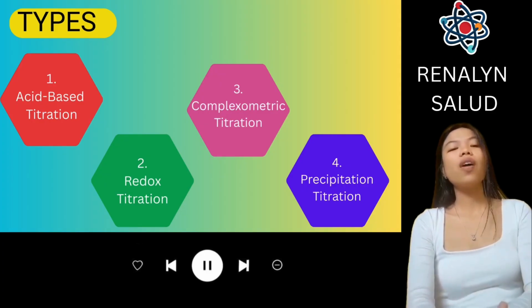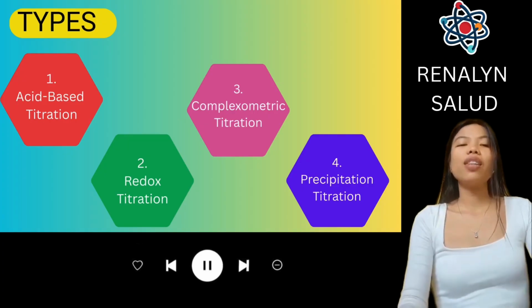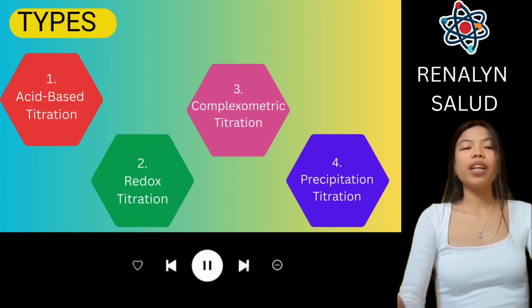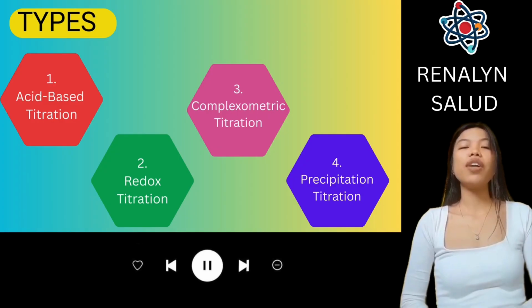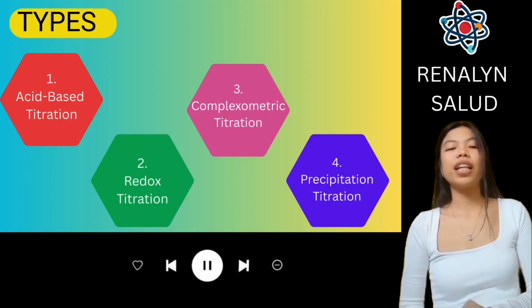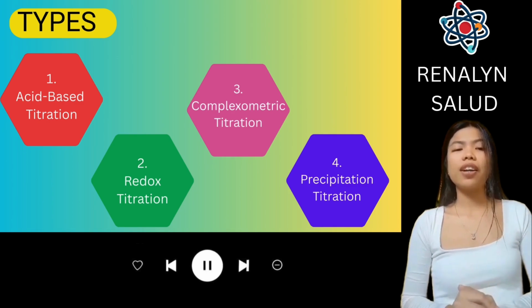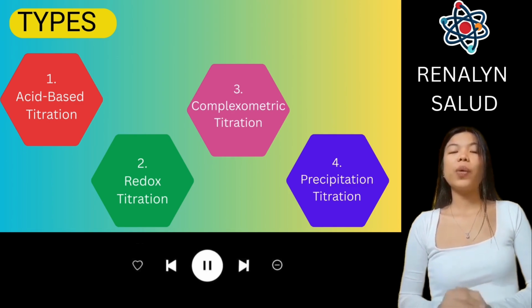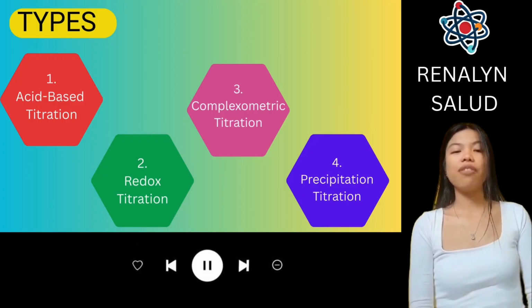So those are the 4 types of titration method. Again, those are the acid-base, redox, complexometric, and precipitation. Each serves a specific purpose in chemical analysis. By understanding their principles, appropriate indicators, and real-life applications, we gain valuable skills in accurately determining the concentration of unknown